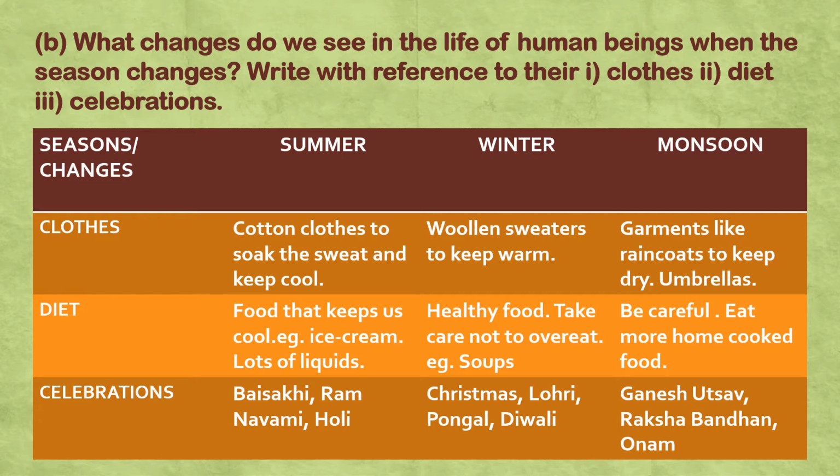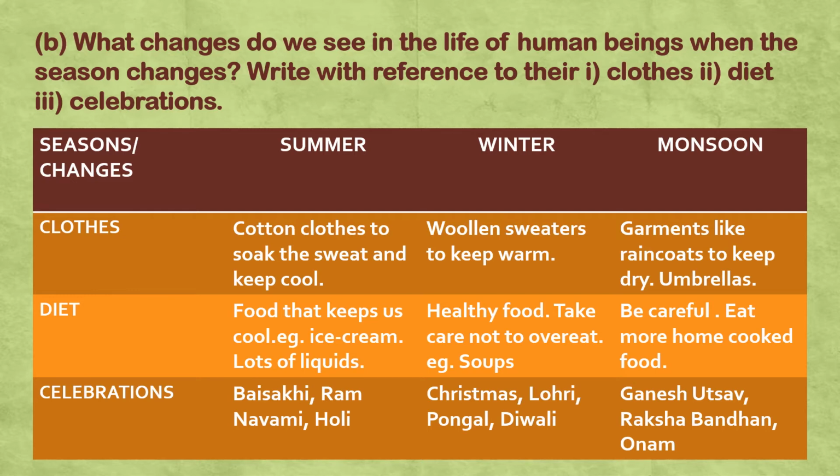Here we wear warm woolen sweaters to keep us warm. Garments like raincoats to keep us dry. Umbrellas are used during the monsoons. The food that we eat during summer is the food that we need to keep ourselves cool, like a lot of liquids and ice cream. In winter, we need to eat healthy food, and take care not to overeat. So soups are good for winter. And in the monsoon also, you have to be careful not to eat from outside and eat more home cooked